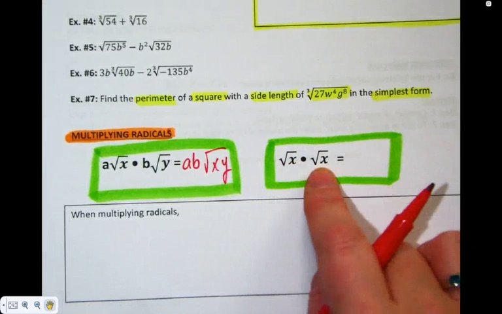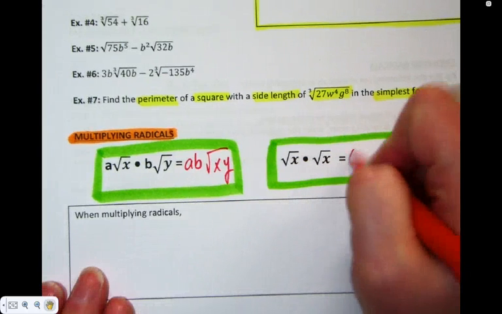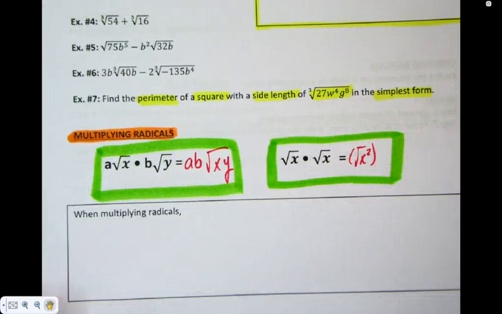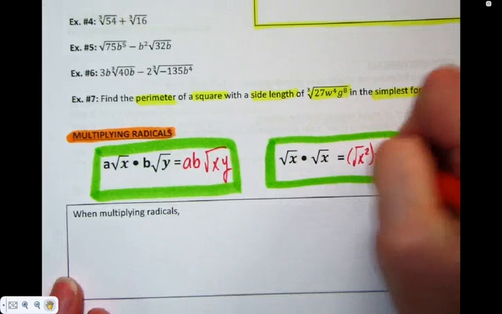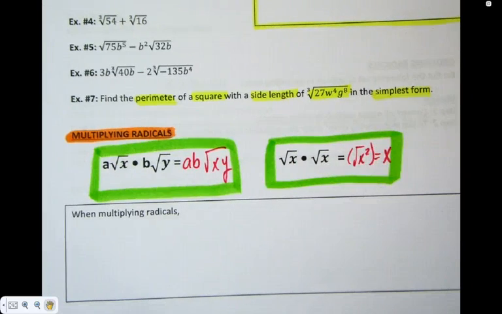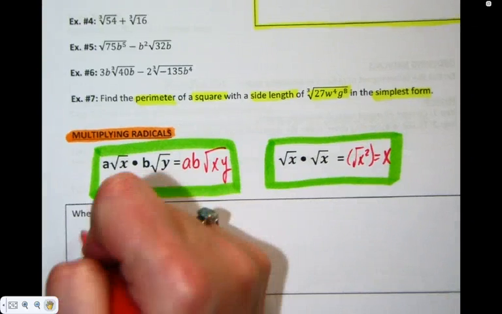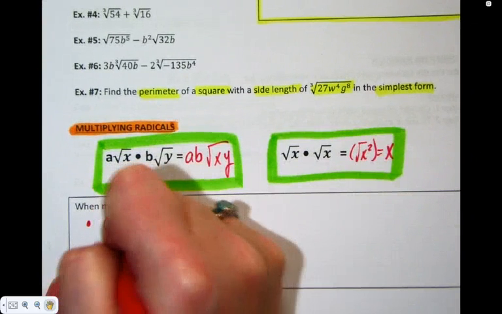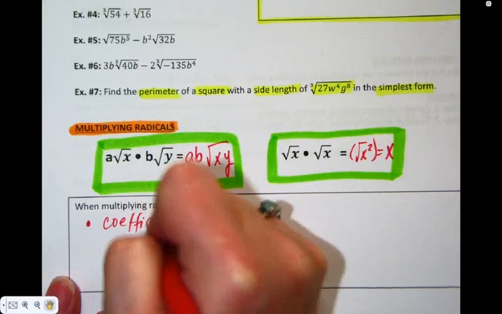So what is x times x? So in theory, this should be the root of x squared. But what's the root of x squared? X. So root of x times root of x just equals x. When multiplying coefficient times coefficient,